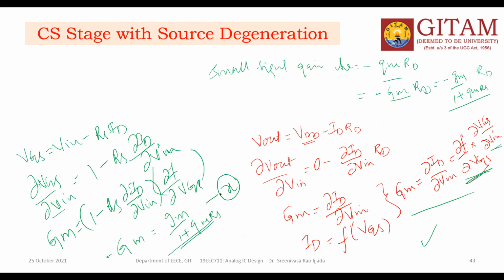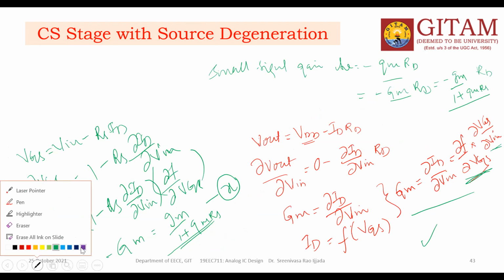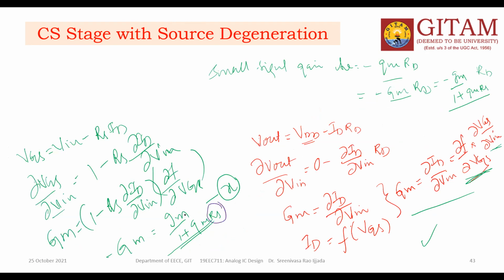So from this equation, there is a term RS. This resistance we are calling a degeneration resistance. Suppose you see the RS value zero and non-zero values. From this expression, you can understand if RS increases, your corresponding Gm will decrease. So Gm decrease means what? It is a weaker function of the small gm.